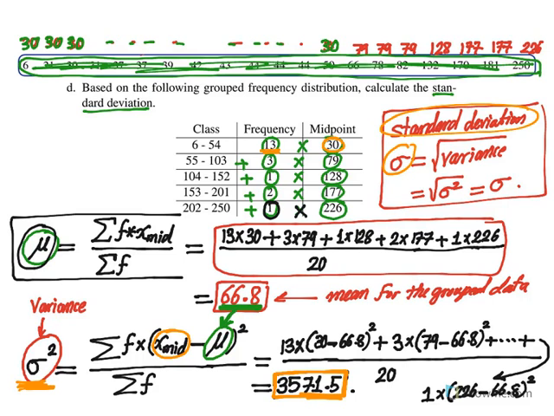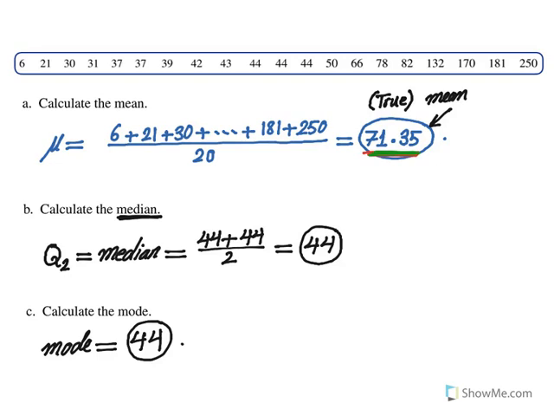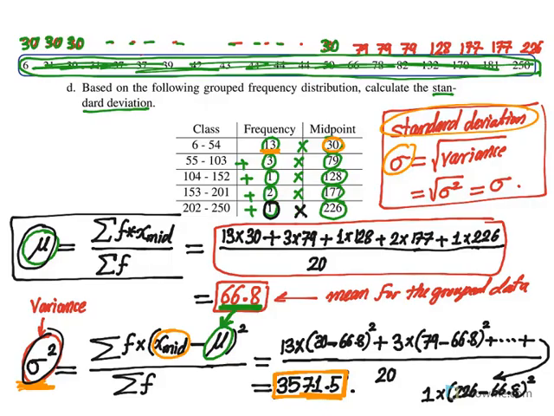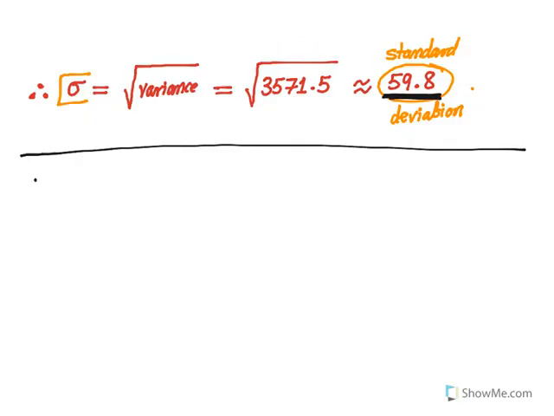You can go back to the question and say, what is the range? The range is the highest value minus the smallest value. So let me go to the page here and compute the range. The range is the highest value, which is 250, minus the lowest value, which is 6,